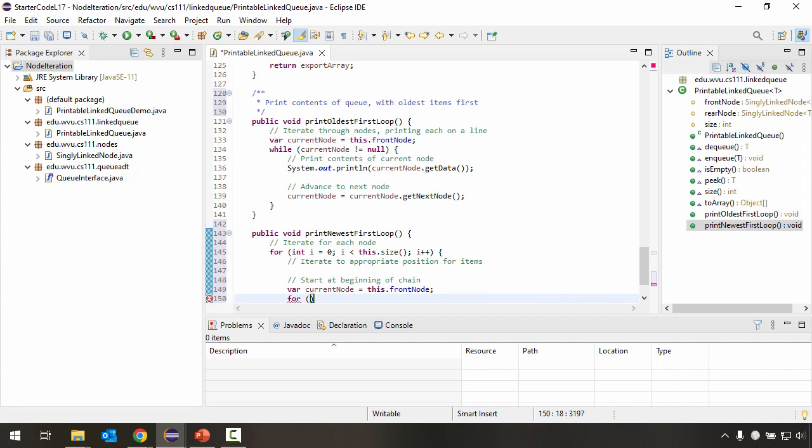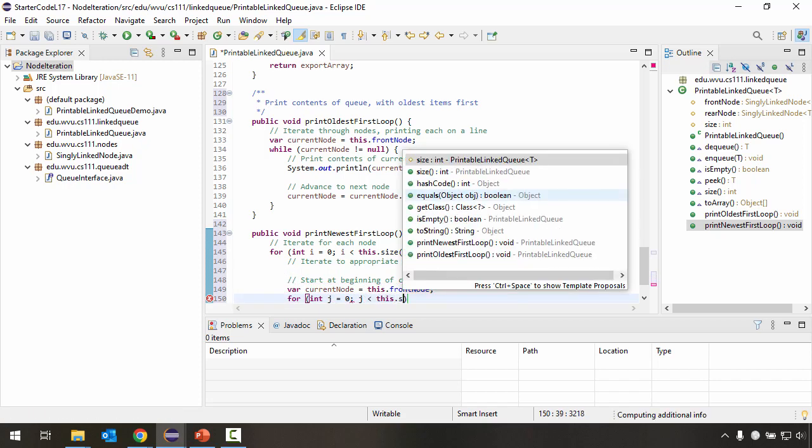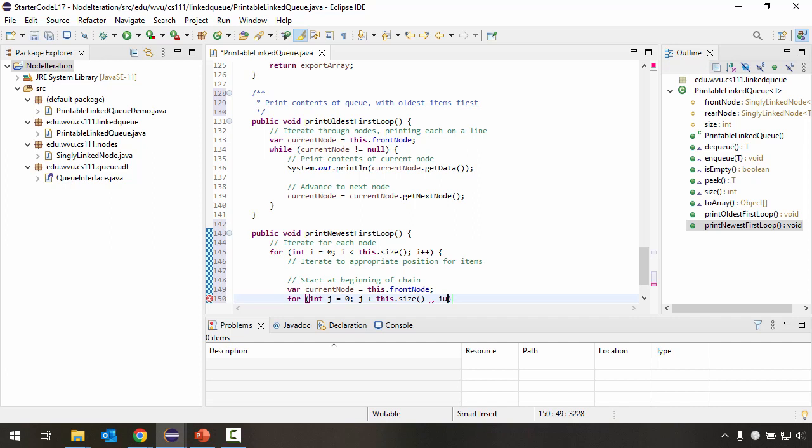I'm going to have another for loop nested inside here to keep track of how far down I need to go. So I'm going to say int j equals 0, and we're going to have this one loop while j is less than this dot size minus i minus 1. The minus 1 part reflects that we don't need to actually iterate over to get to the first node. We're starting on the first node. The minus i part here is so that with each successive iteration of the outer loop, we're going to go fewer nodes into our chain,